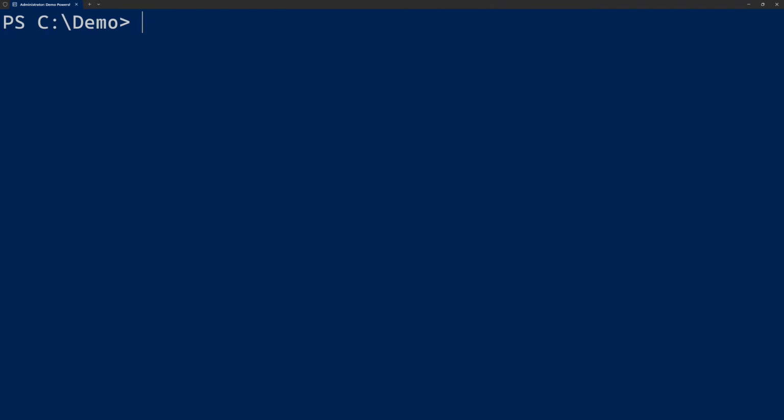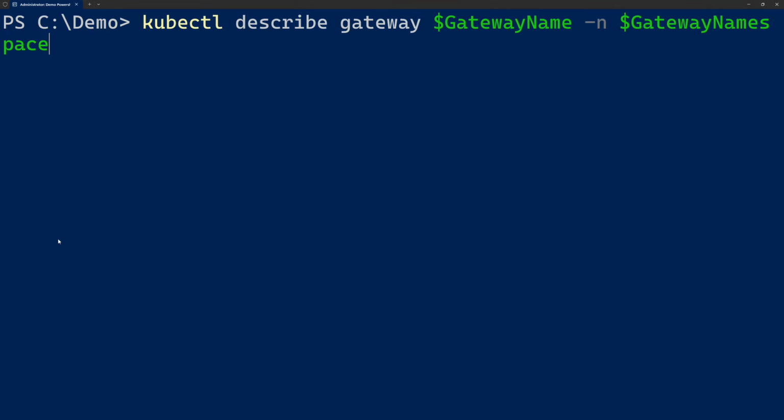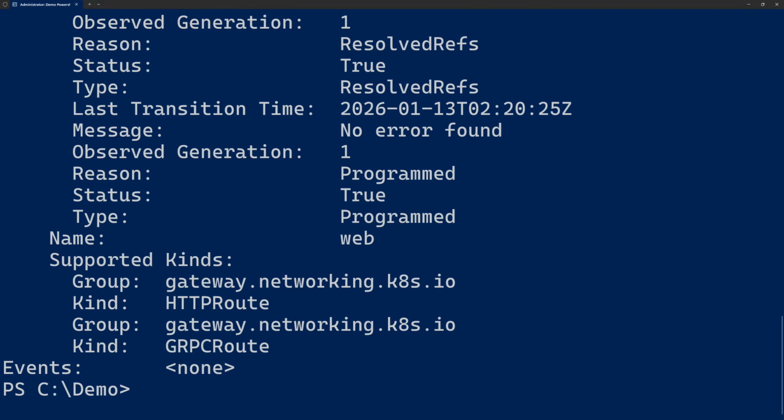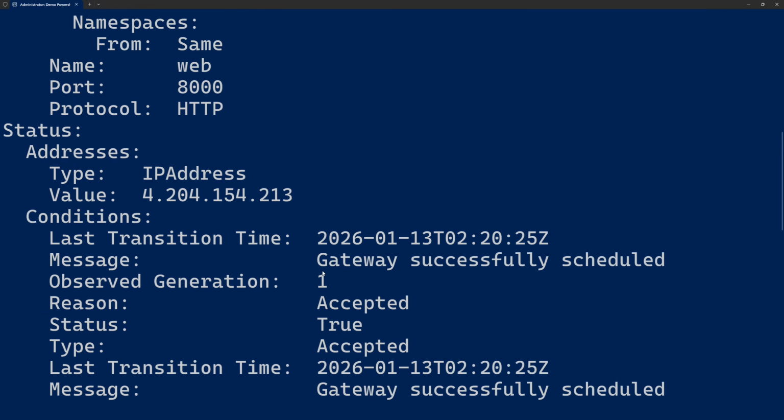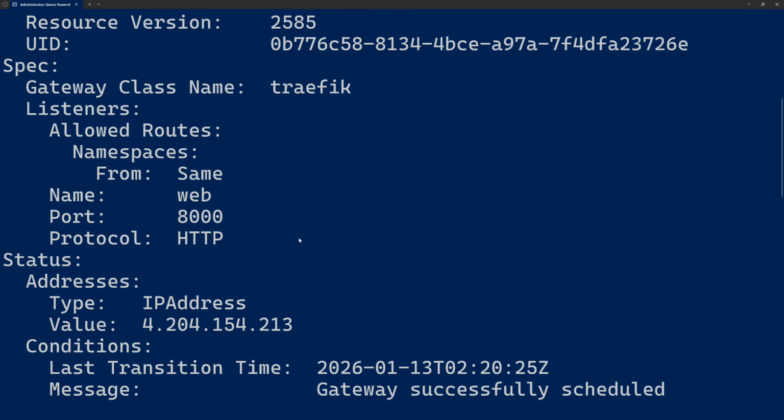And one last thing is, let's take a look inside this gateway with a kubectl describe gateway, then the name we provided, or actually the name Traefik provided, and the namespace we have deployed it in. Here you can see no error found, status is true, so everything looks good. But if you scroll up here, there's just one thing I don't like for my testing, and this is that the listener only allows traffic or routes